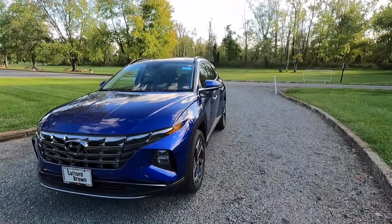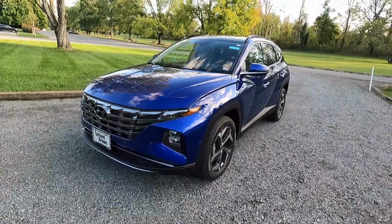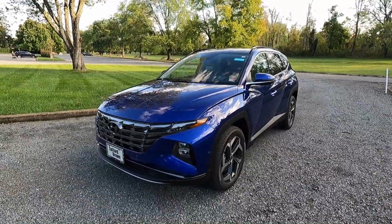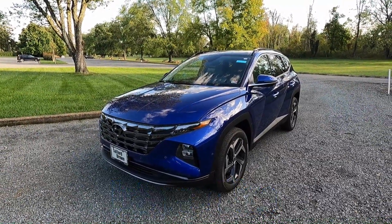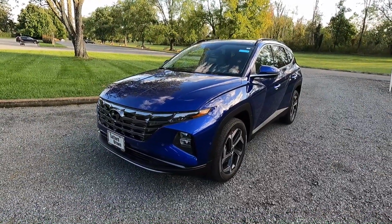All right, well, like usual, first we're going to talk about the exterior and the performance. So like I said, this is a 2024 Hyundai Tucson Limited, and this particular one has been painted in intense blue, which looks absolutely beautiful in the direct sunlight. And if you've seen any of my other videos, you know blue's my favorite color, so I am just a little bit